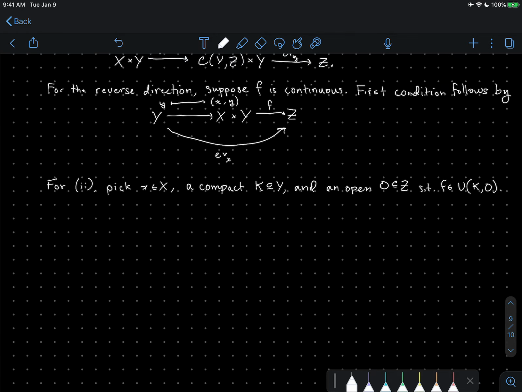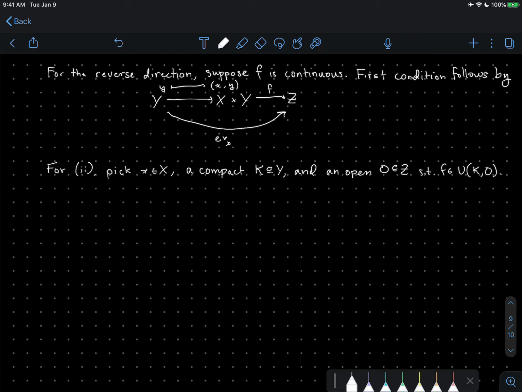So continuity is something that can be checked on a sub-basis, and the U sub K, O form a sub-basis of continuous functions from Y to Z. So all we need to do is check that the preimage is open. So it suffices to show